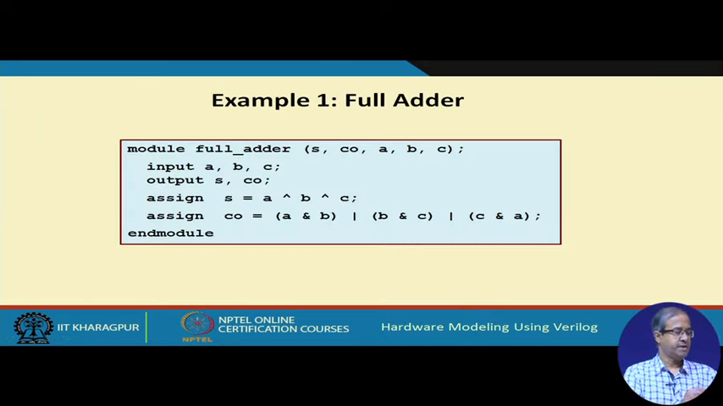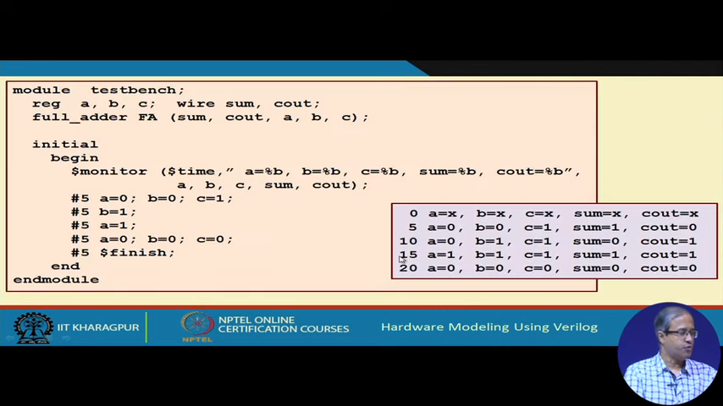Fine. Let us start with a very simple example, the simplest example, a full adder. So, we have a behavioral description of the full adder using assign statement. S and CO are the sum and carry and A, B, C are the inputs. So, sum is the XOR and carry is AB or BC or CA. Let us see different ways of doing it. This is the first approach,